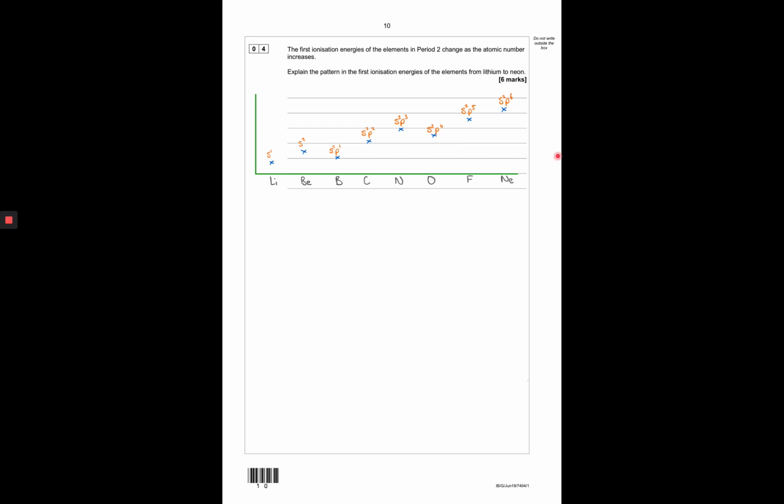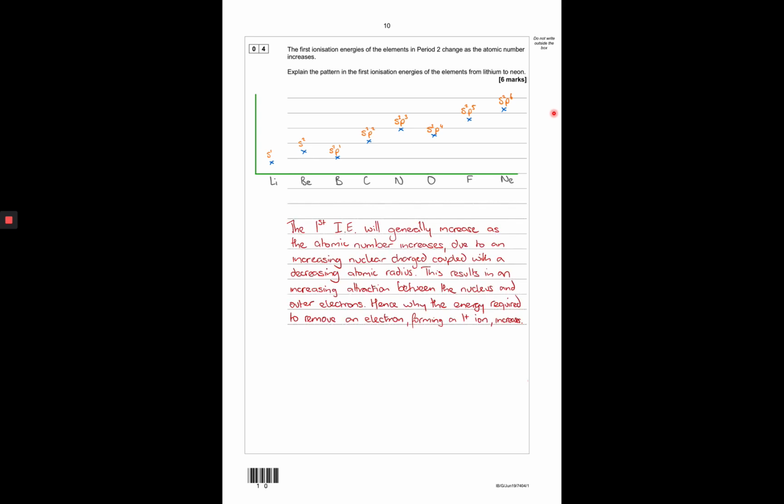So we're breaking our answer down into 3 parts. Each of them are basically worth 2 marks: the general trend, the first anomaly, the second anomaly. And I think it helps you when you're writing long answers to 6-mark questions. You don't have to use little subheads or anything, but just think of it as contained pieces of information. So the first thing we would say is that the first ionization energy in general increases as